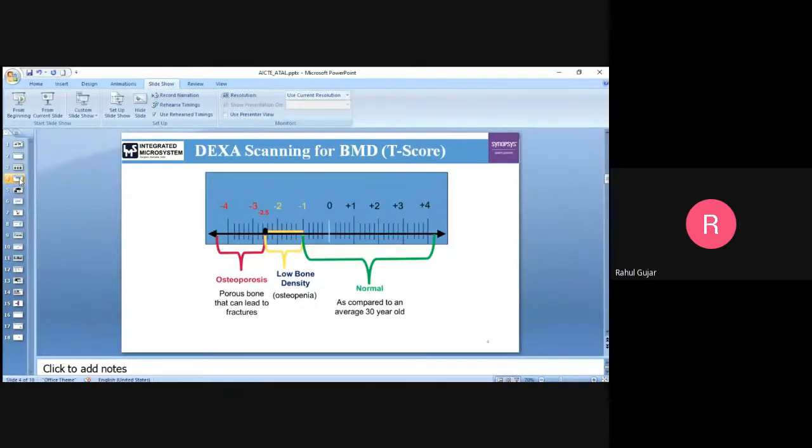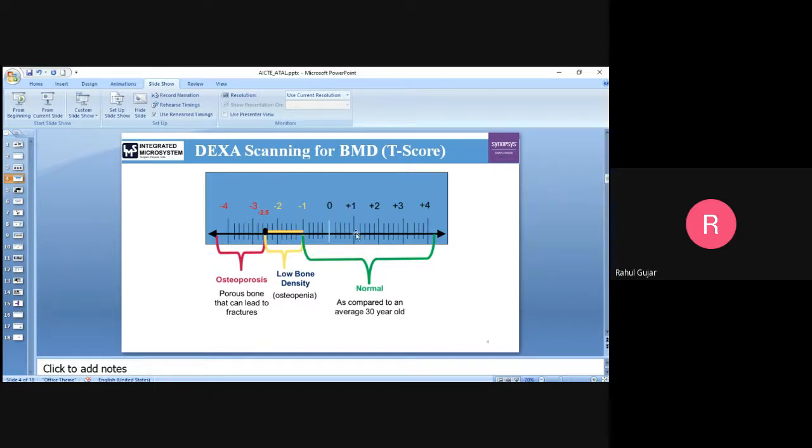Apart from that, one of the methods is called the DEXA method. DEXA is a scanning method used for measuring bone mineral density, and it gives you the quality of the bone by using the T-score. You can see in the figure the scale which is given.